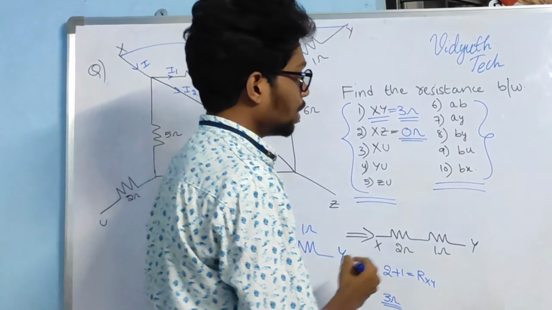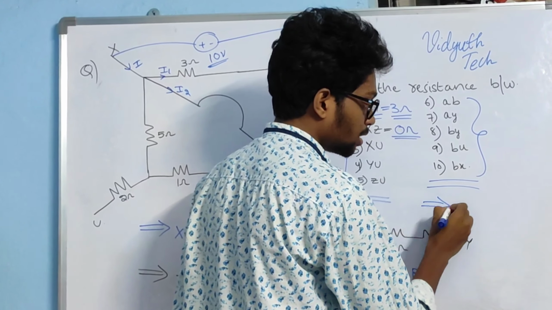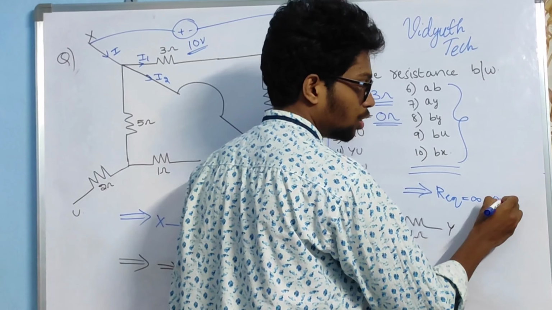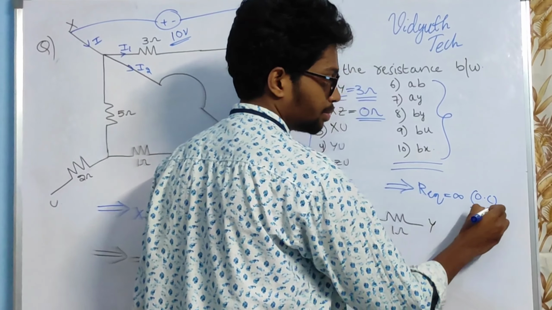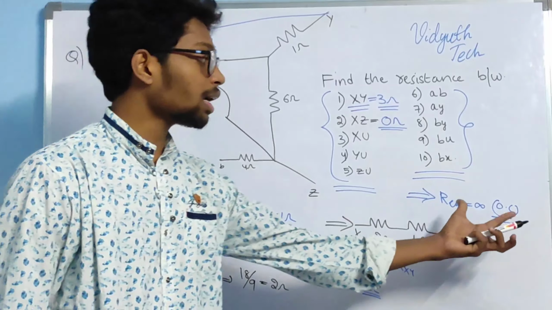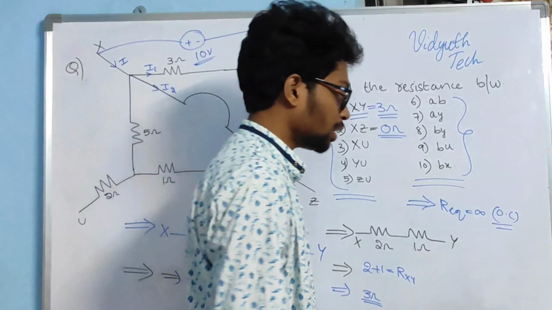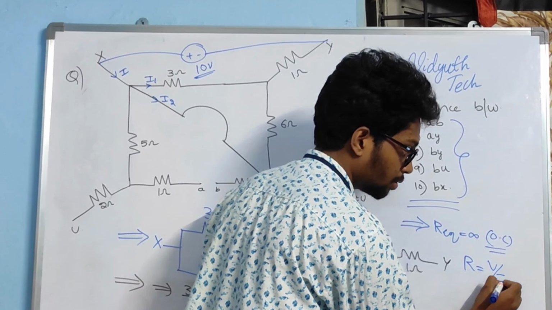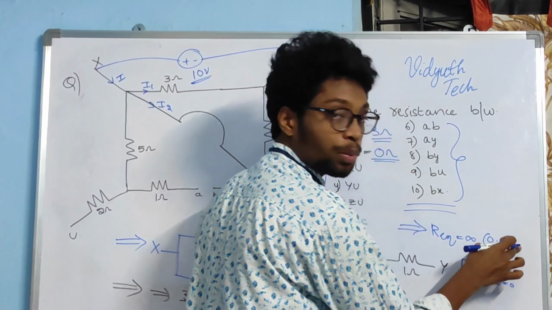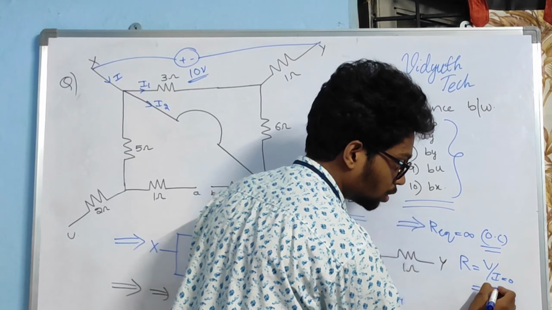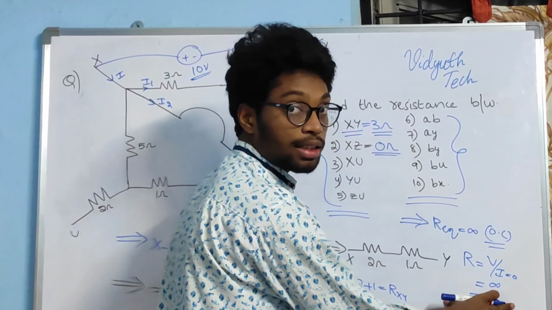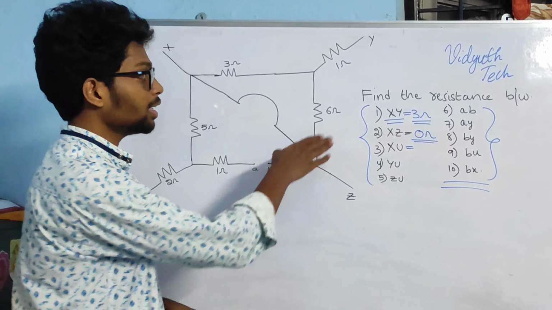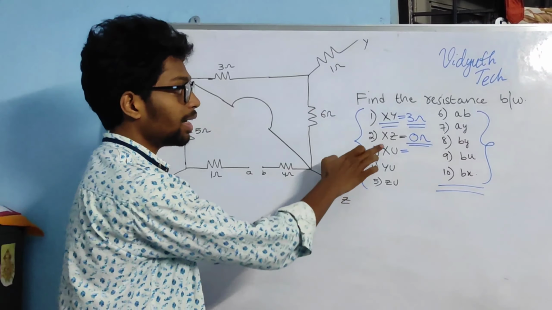Ideally, whenever open circuit takes place, equivalent resistance will be of infinite under open circuit. Okay, because current doesn't flow in the open circuit condition. So you can see R equal to V by I, but current equal to 0 under open circuit. So R equal to infinity. This is under ideal case. Okay, friends, we have completed equivalent resistance between XY terminals and XZ terminals.